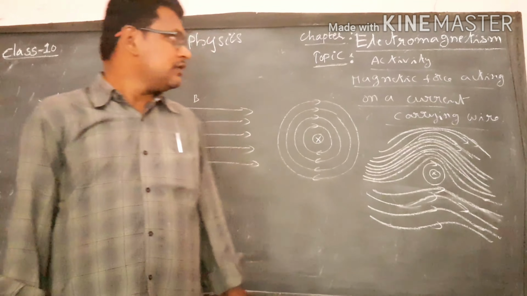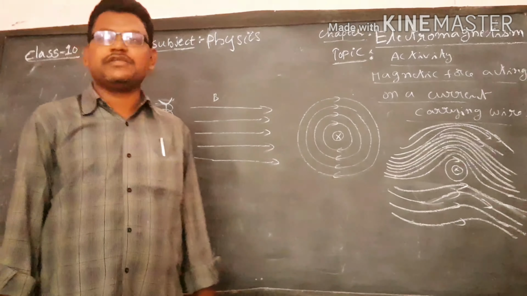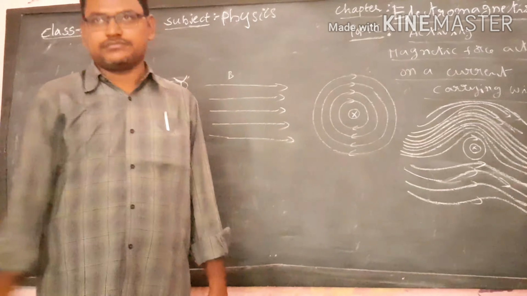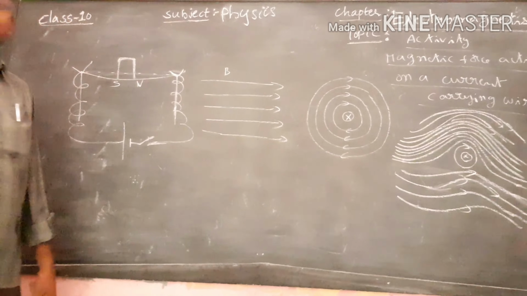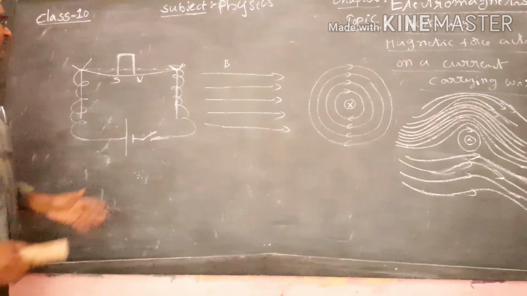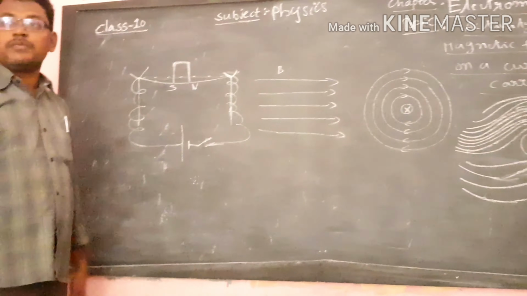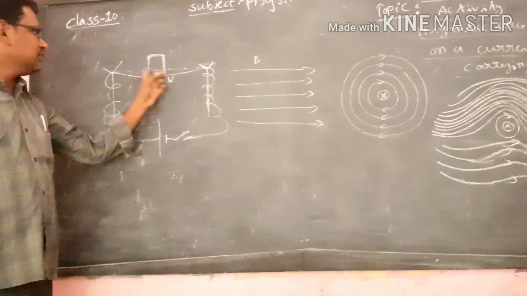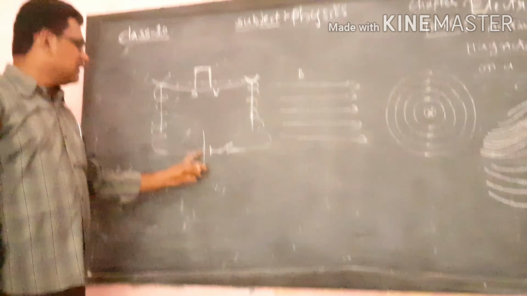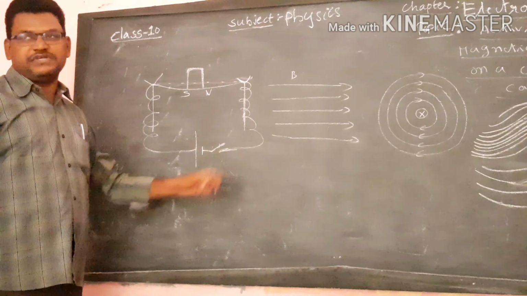Now let's see the magnetic force acting on a current carrying wire activity. We will do this activity in our lab later, but now let's see it briefly. What is its aim? The magnetic force acting on a current carrying wire. For this, let's take two sticks in this way on a wooden plane. Here there is a wire passing, and the two ends of this wire are connected to the two terminals of a battery. And here there is a switch.